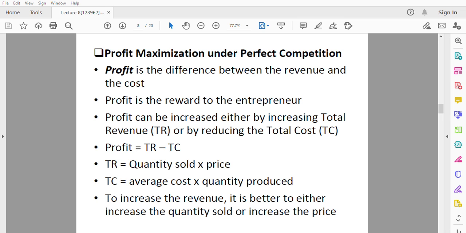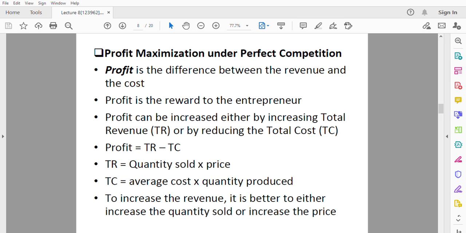If you remember, we have different factors of production. We have land, labor, capital, entrepreneur. The reward for the entrepreneur is the profit. So profit can be increased by either increasing total revenue or by reducing total cost. Why? Because profit is total revenue minus total cost. Total revenue is the income you receive when you sell your good, and total cost is the cost you incurred